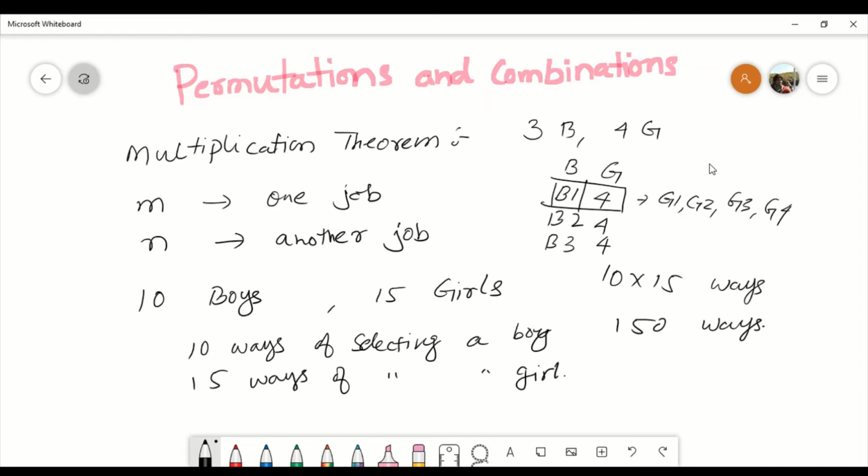Because for each of the boys we have four options to choose a girl from, right? So we have 12 such ways of doing it, right? So it is basically a counting problem wherein we are counting the number of ways a particular job can be done, and in this case the job is to select a boy and a girl each, right?